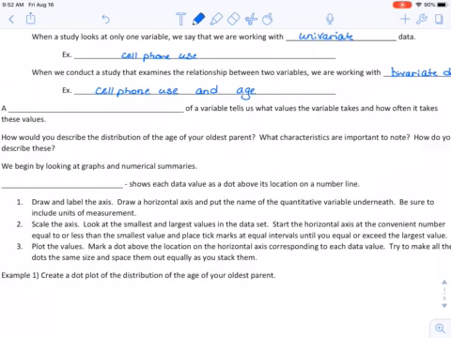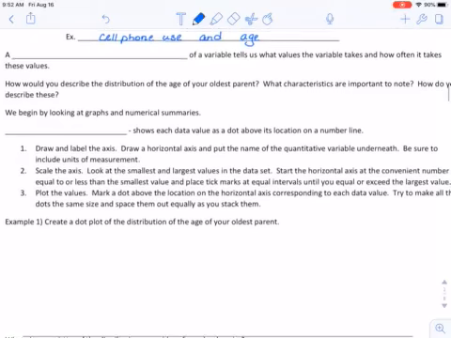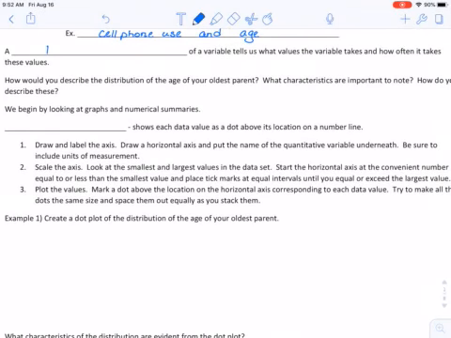Once you get all these variables categorized and determine what you're looking at specifically, then we are looking at something called a distribution. A distribution of a variable tells us what value the variable takes and how often it takes those values. Oftentimes, it's a fancy way to say a chart. We will graph these